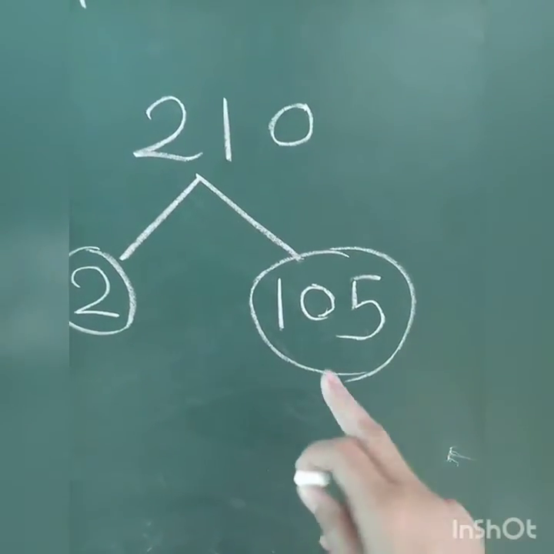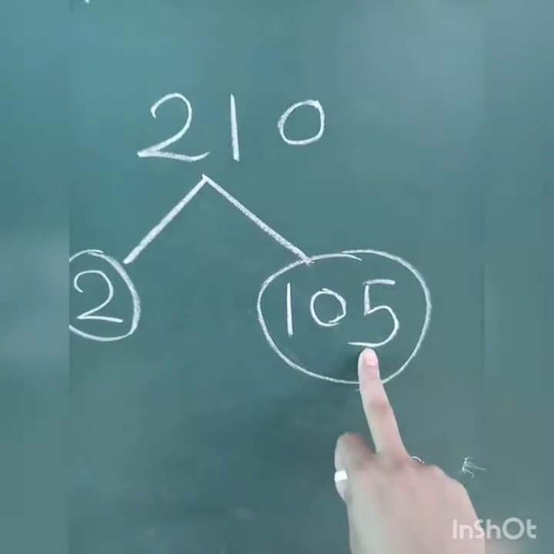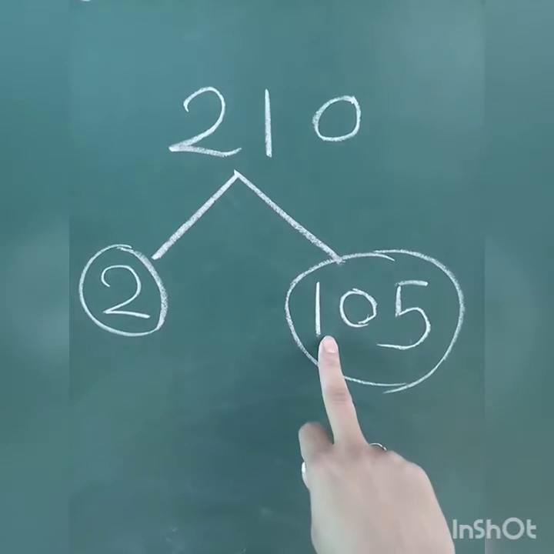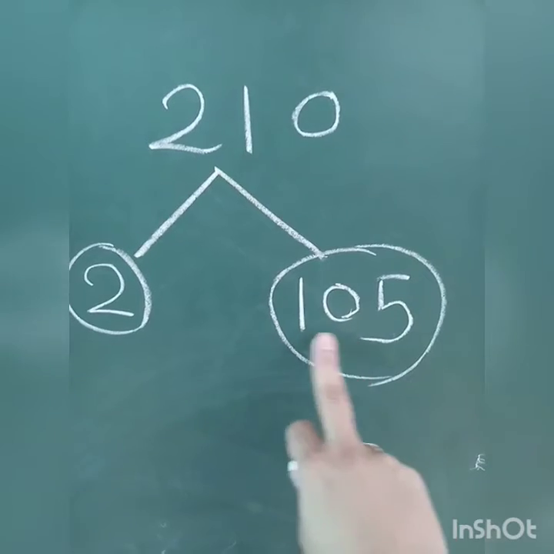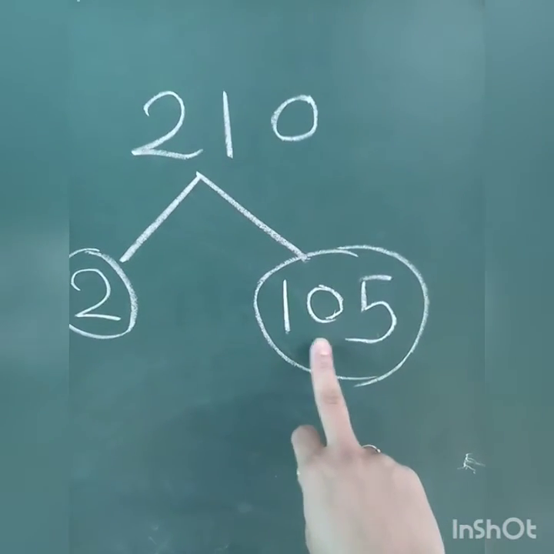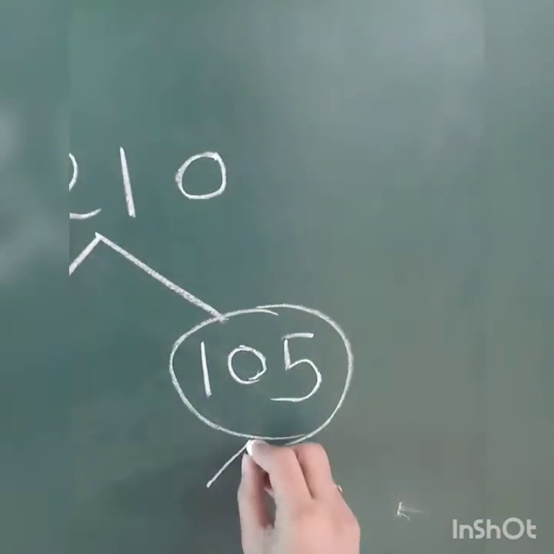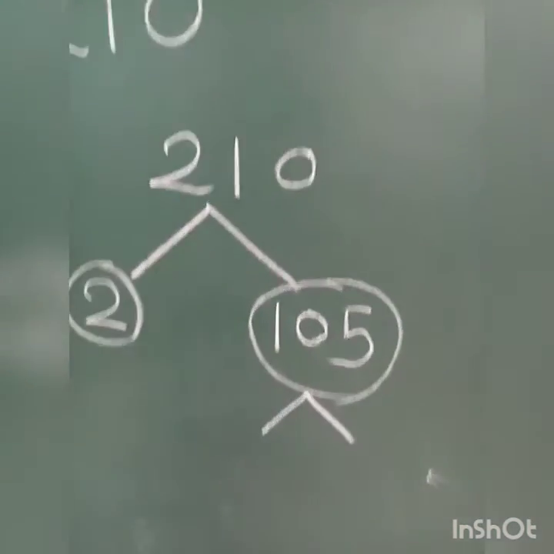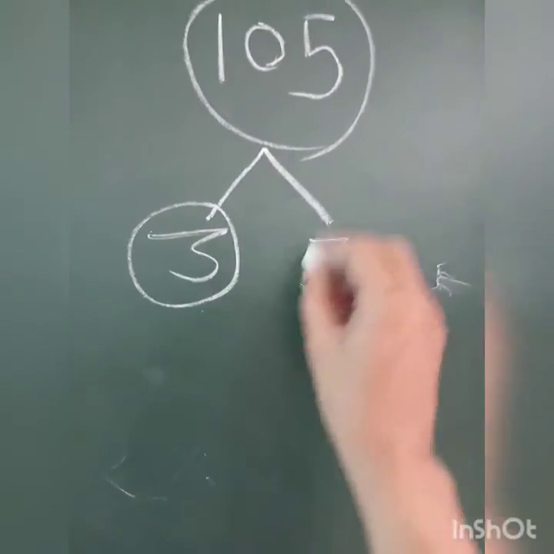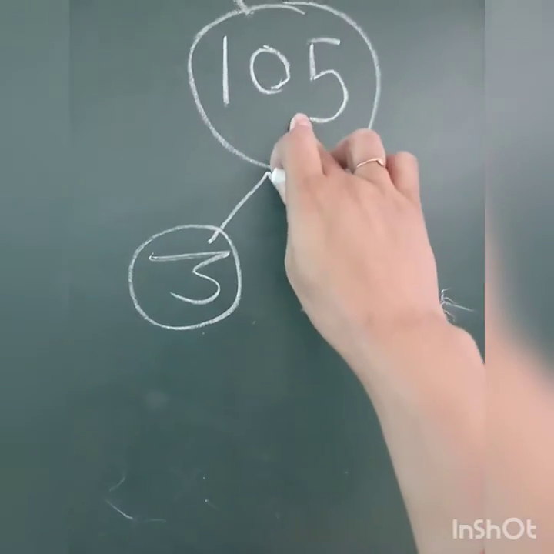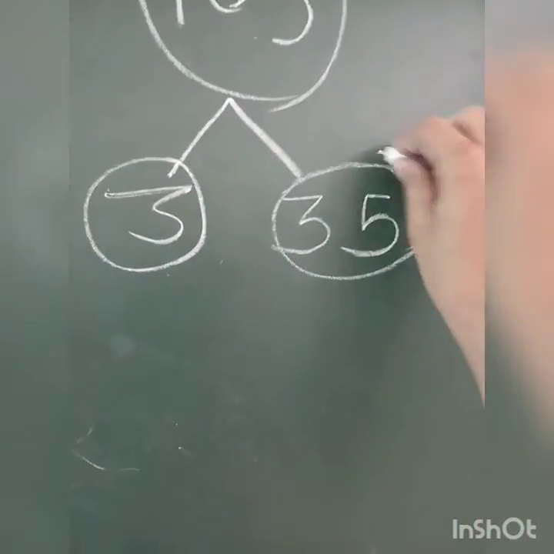So we have to check whether this number is divisible by 3 or not by adding all the digits. So 5 plus 0 is equal to 5 plus 1 is equal to 6. If the total is 6, that means the total of these digits is 6. So 6 is divisible by 3. So we can write here the factors of 105 in this way. 3 3s are 9, 1 remainder, so here 15, so 3 5s are 15, so 35.